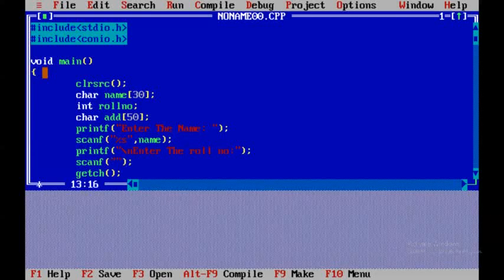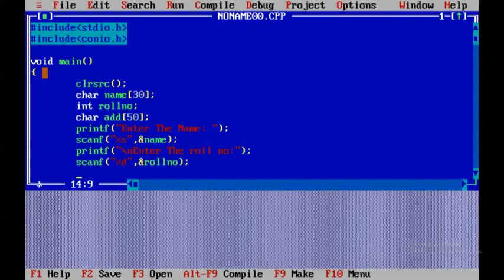Every statement in C should end with a semicolon. Inside scanf we have to declare the data type. What's the data type of roll number? It's integer. So for that we use %d, comma, and here we have to use ampersand before the variable name, so it is giving the address. Now we are storing the roll number, so ampersand, and we store it in the roll number variable. So I have mentioned roll number here. Till now we have just accepted the name and roll number from the user.